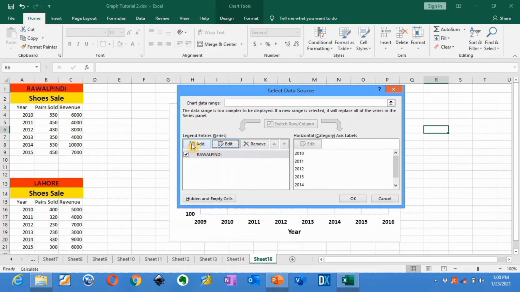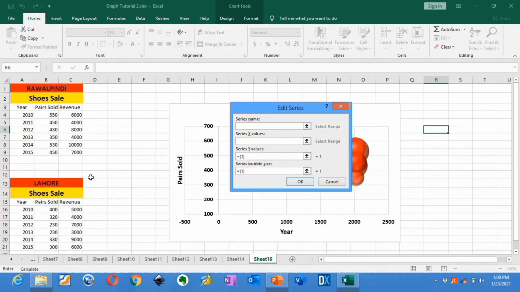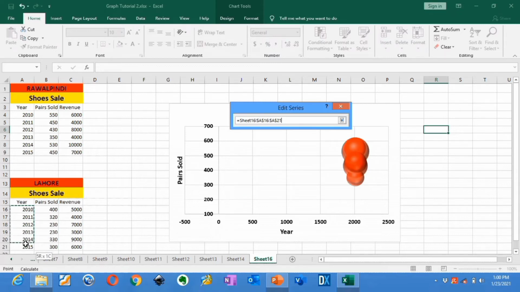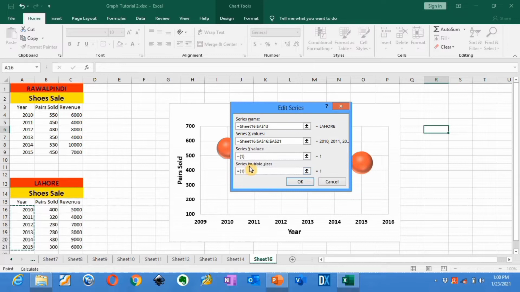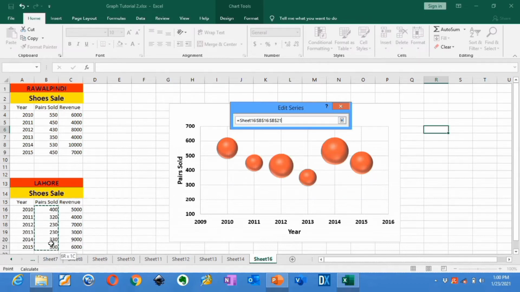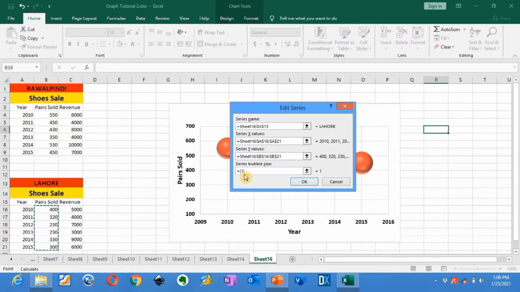Now go to this add option to add another series. Series name is Lahore. For series X value, select the first column, which is year, and for series Y value, select the second column, which is the pair sold, and series bubble size is shown by the area of the bubble.